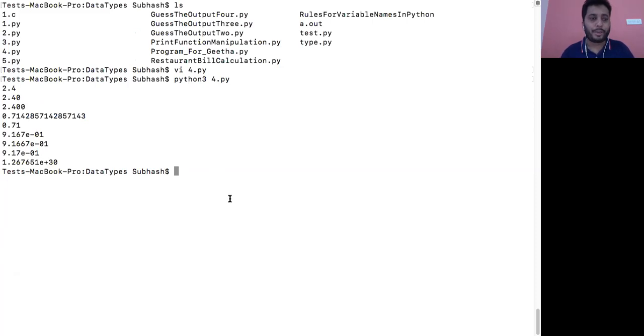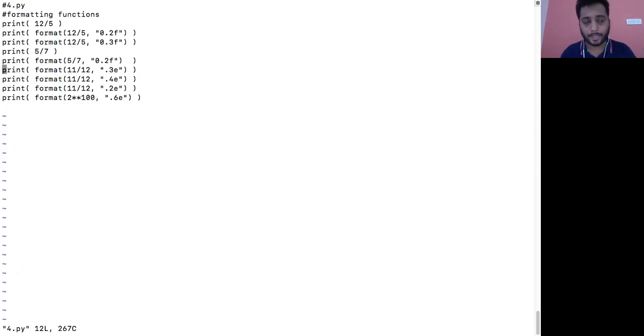Okay, so you can take the same programs. I have shared it in the material given to you, so you can start working on it, and you can remove various parts of the format function and see how it works. That is the best way to learn any programming language or any concept for that matter. So don't just type this and see, because typing the same program that is given in the material will result in the same results. So what I want you to do is remove various parts of this particular format function and see how the output differs.